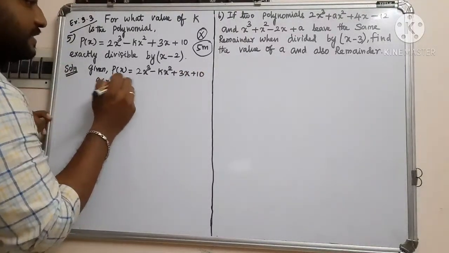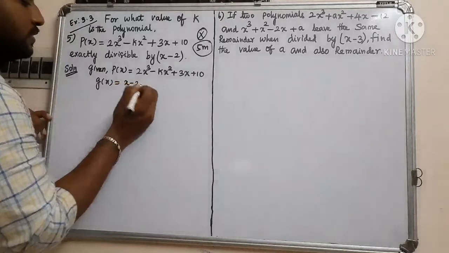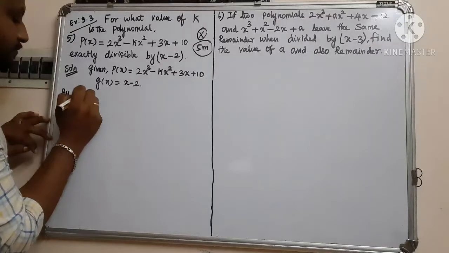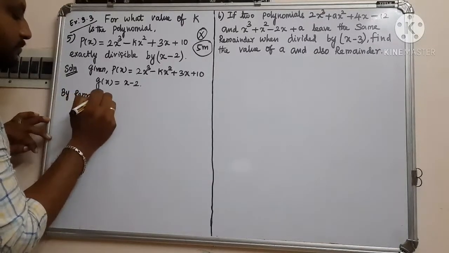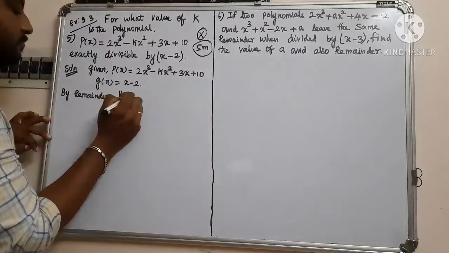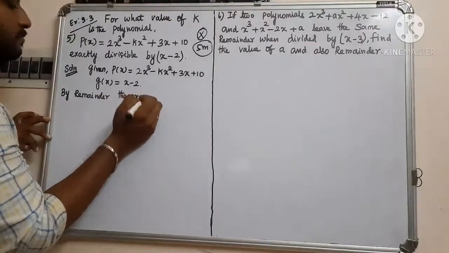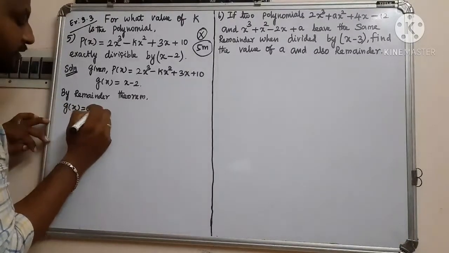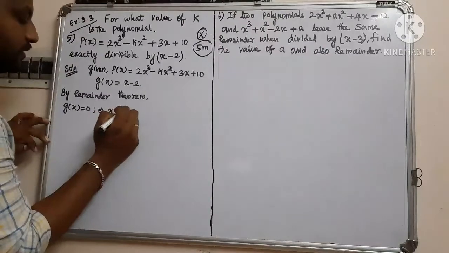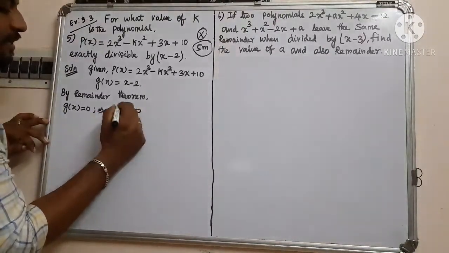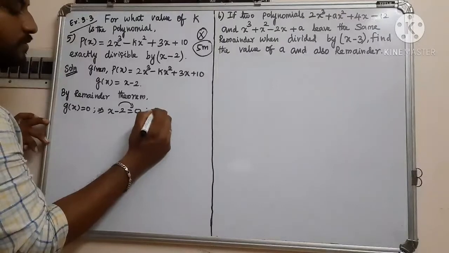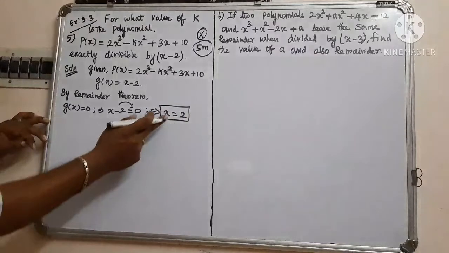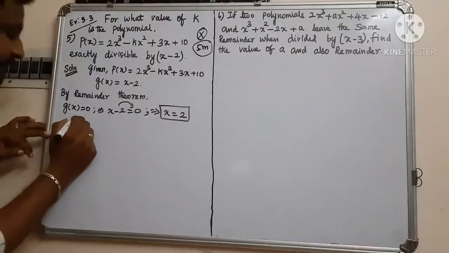G of x is given as x minus 2. So by remainder theorem, g of x is equal to 0. So that means x minus 2 is equal to 0. Then minus 2 will change into plus 2, that is x is equal to plus 2. So you have to substitute the value 2 instead of x in p of x